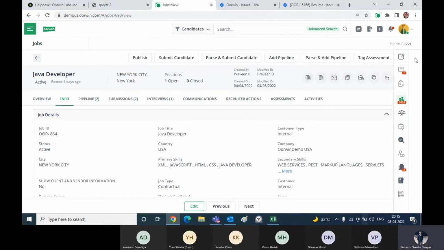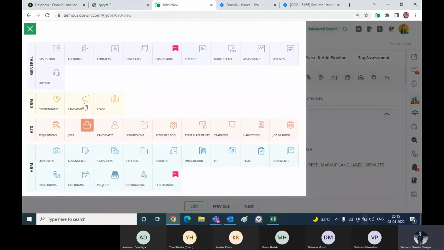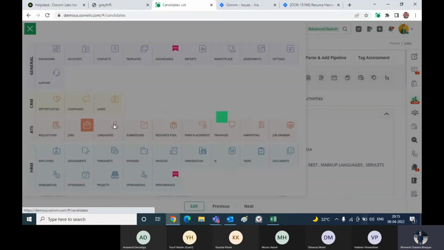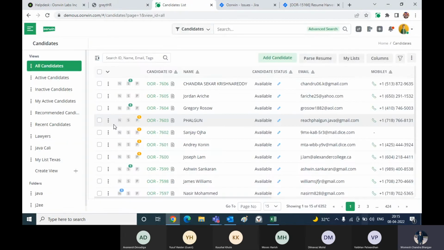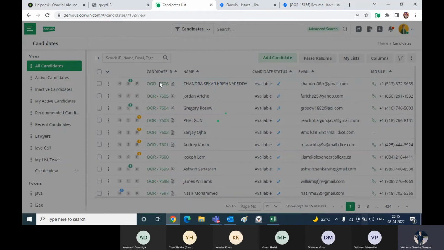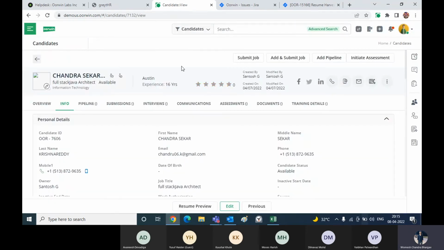Moving on to the next, you have the candidates module, which is pretty much the same. If you want to add a candidate manually, you can, and you can also parse a resume. Once the candidate is added, if you click on the candidate ID, you will see most of the options are similar, like submit job, add and submit job, add pipeline.